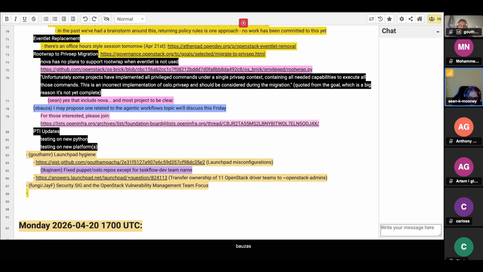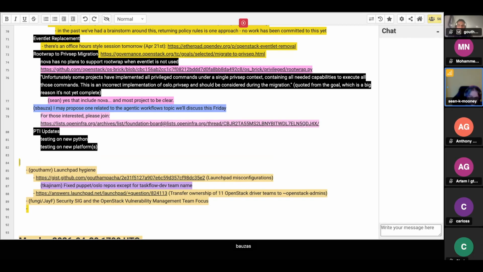So, for example, Neutron is actively trying to get rid of Nova using the Neutron client to talk to Neutron. We did some initiatives in Watcher last cycle to stop talking to Nova via the Nova client and move over to the SDK. So unofficially, Watcher's going to try and get all of the interactions over to the SDK. But I don't know if that should be a more formal thing or a pop-up team or just leave it to the community to do as it has been doing.